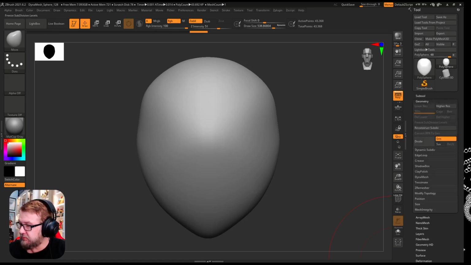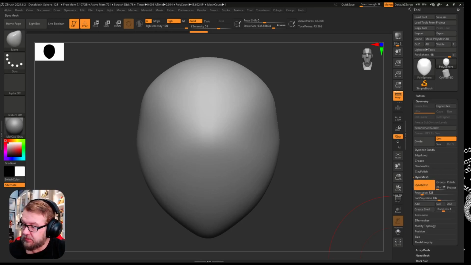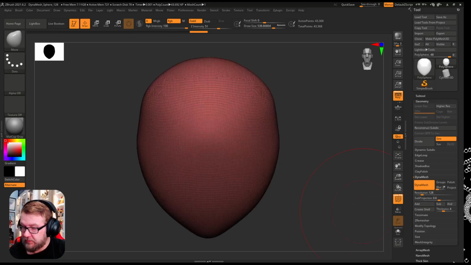Geometry is where it gets really cool. You can organize your polygons. You can re-topologize on the fly as you go. And as I said, this is supposedly a Dynamesh object. So if we tick on Dynamesh here, you can see that this Dynamesh button is currently in orange, which means it's switched on. This means that if we make the changes that we've made to our object and we look at our line fill for this object,